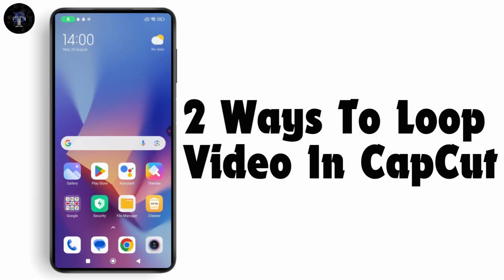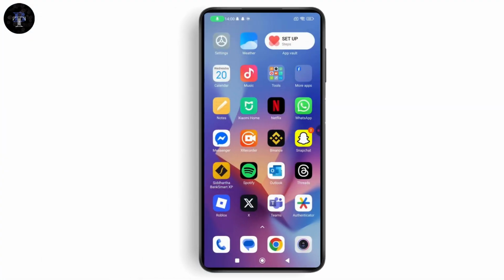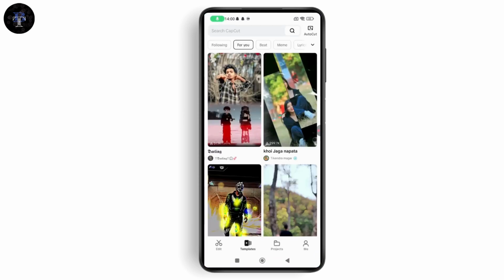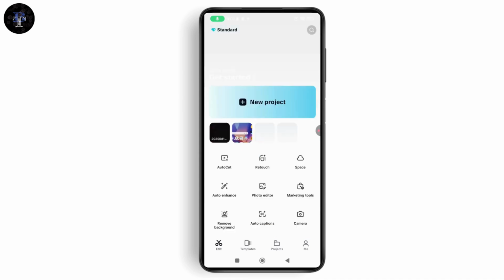Two ways to loop video in CapCut. So if you want to loop a video in CapCut, then what you need to do is first open up your CapCut application. After opening your CapCut, you need to go with the edit section, go with a new project